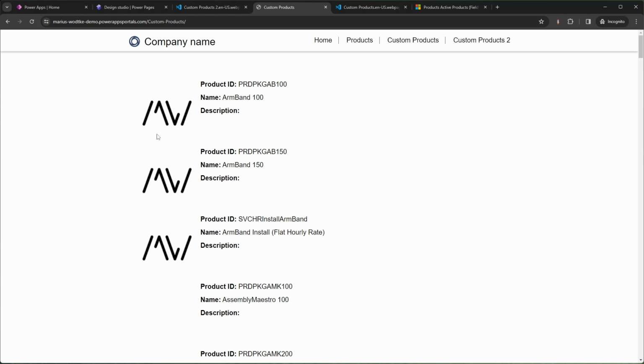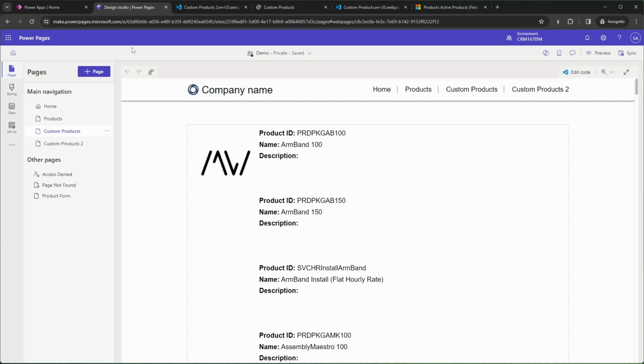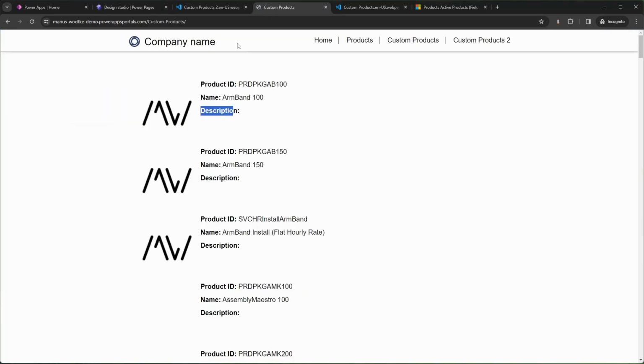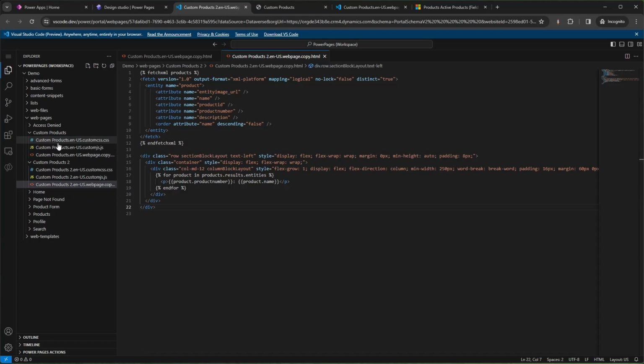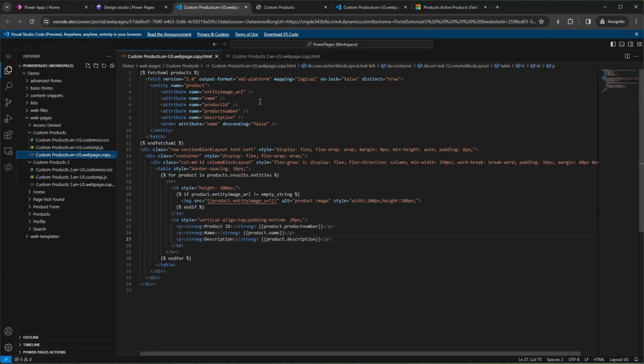We have the requirement to have the picture on the left and then the columns to the right, but not so much real columns, but rather rows within the column. I'm not sure if you can even do that with CSS on the regular grid, so I made it with code, and this code looks like this. So we have exactly the fetch XML at the top here. By the way, this includes the entity image URL, which is used to show the picture. And then we have the for here,